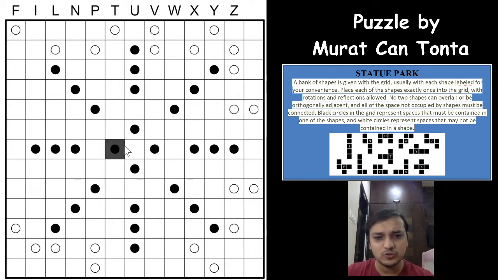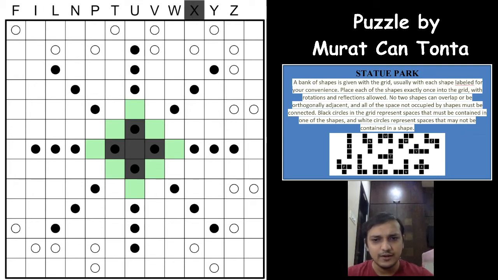And as we know, this has to be a black circle. So I'll be marking black circles with a gray cell and white circles with a green cell, so it would be easy for us to notate the pentominos, right? We have already formed an X-shaped pentomino here. We'll mark that here. There are exactly 12 pentominos, and we have to place all of them in this grid in such a way that they don't touch each other orthogonally, and all white cells are part of the connected area. I mean to say all white circles are connected to each other in the whole grid.